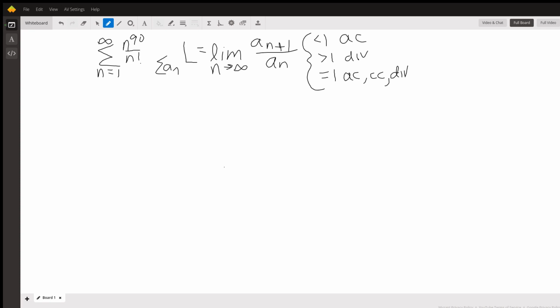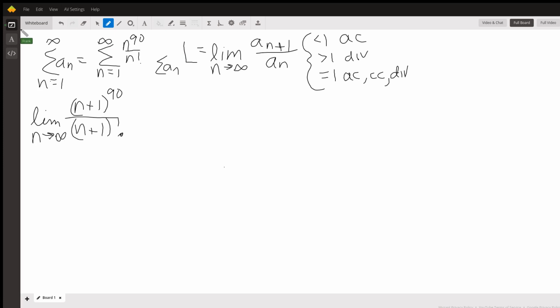All right, what is a_(n+1)? This is a_n. So what's a_(n+1)? It is (n plus 1) to the 90th power divided by (n plus 1) factorial. And we're taking the limit as n goes to infinity of that,